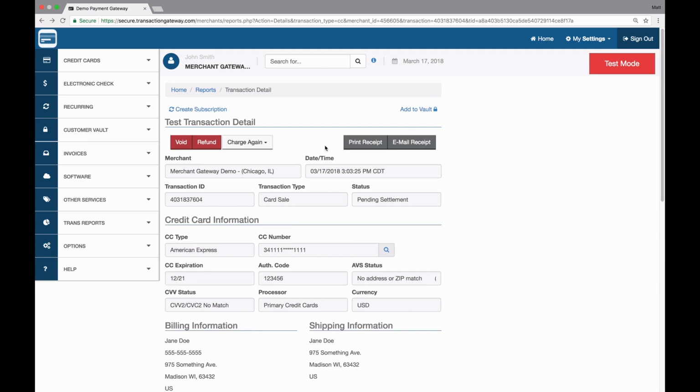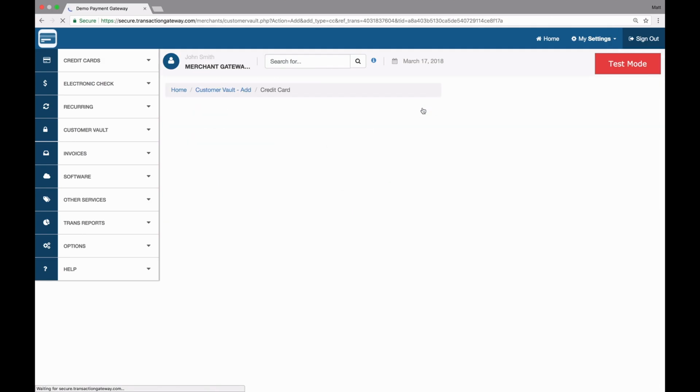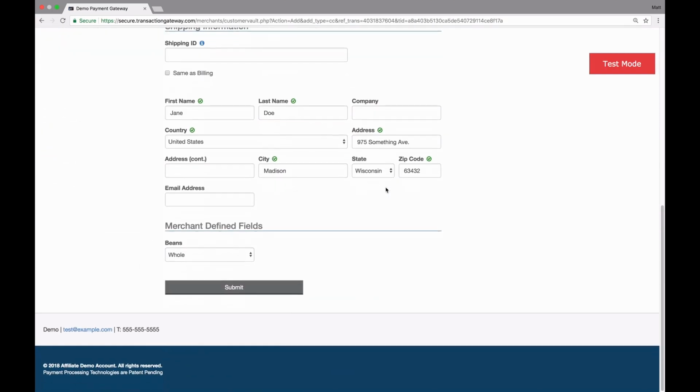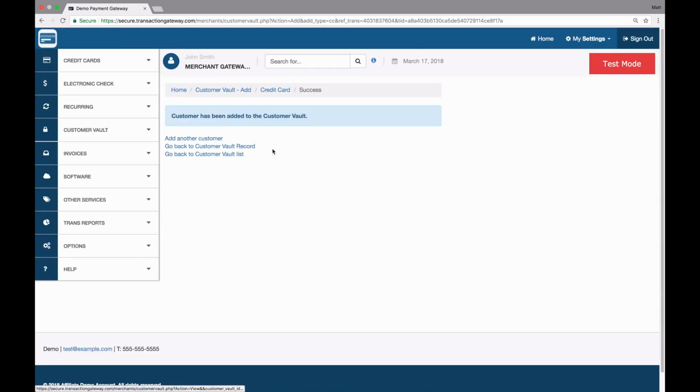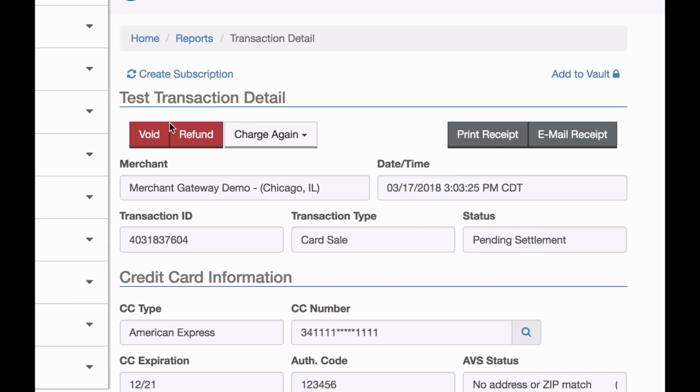If the service is active on my account, I can add to the vault, and this will do the same thing, but to the customer vault. I can submit to save this customer, and now they're saved to the vault, and I can charge them again more easily. And then when we look at these buttons, I can void the transaction from here, I can refund